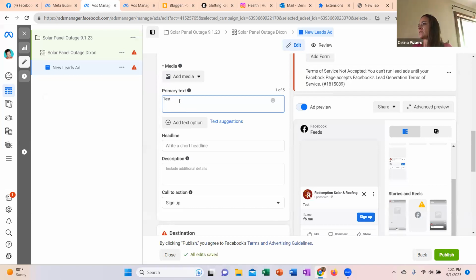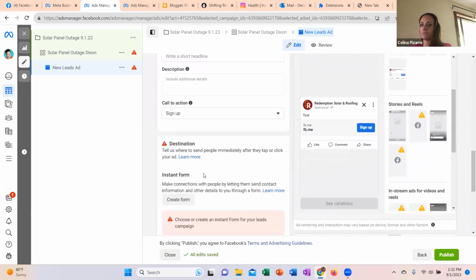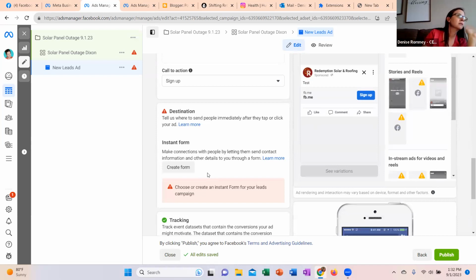And then the description, they're only going to see that if they click into it, as if it were a post. So it's not that important to have a description because most people aren't going to see it anyway. You can do that later, but I want to show you when you scroll down to where it says destination. This is where we need to create the form. So if you click create form,